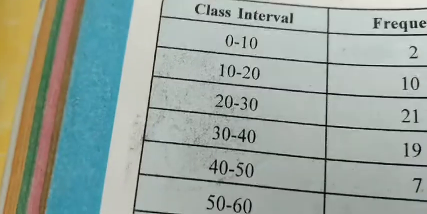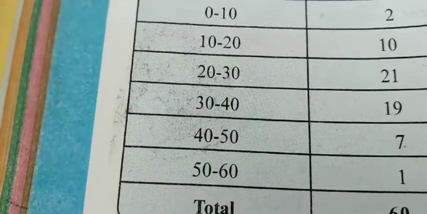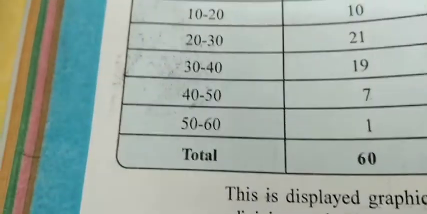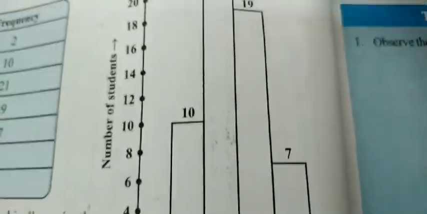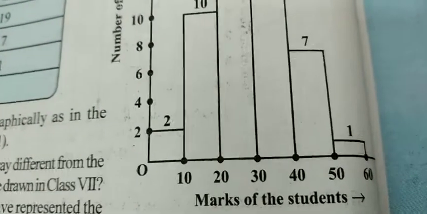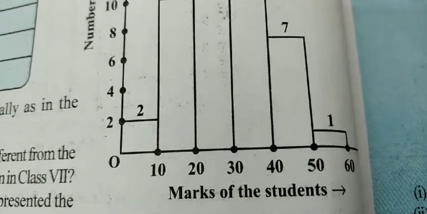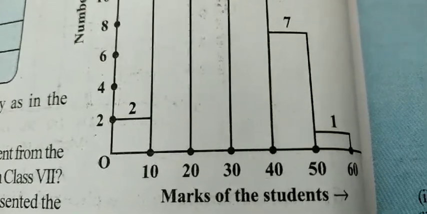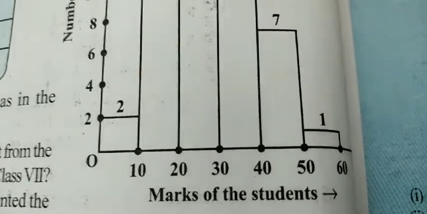Now let's see, when the class interval we have taken on the x-axis has small readings from 0 to 10 till 50 to 60, then we can directly put up the graph like this. Okay, 0 to 10, then 10 to 20, continuous, no gap between the two bars has to be taken. So 0 to 10, 20, 30, 40, 50, 60 continuously we will write, and then on the y-axis number of students, frequency,